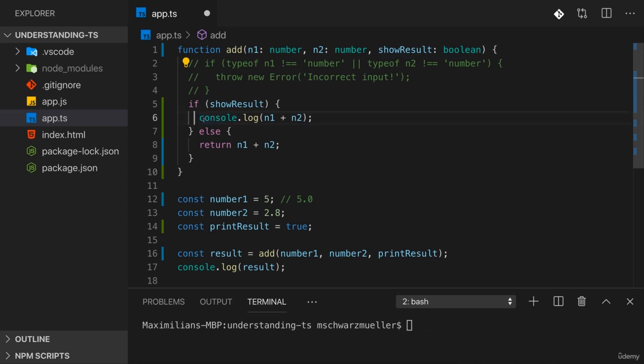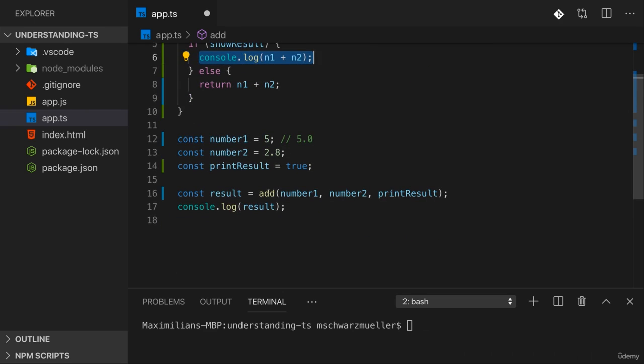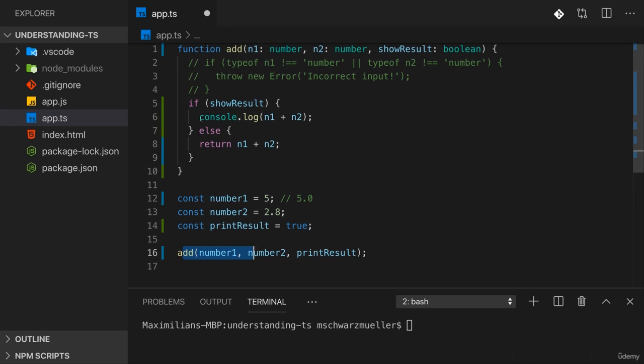But here we're doing it. So this function only sometimes returns, sometimes it also does not return, but instead just logs something to the console. Now here we can actually call add just like this and don't need to store it in result and don't need to console log result, because with print result set to true, add itself, so the function itself, will print the result. Hence, if we now save that and we recompile our app.ts file here with the tsc command,